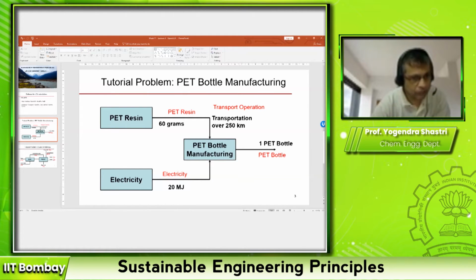So the only thing that is not defined in the database is PET bottle. Now there actually might be a PET bottle input in the database, but that will correspond to a different manufacturing process. Okay, so that will not be useful for you because you are modeling a unique PET bottle manufacturing process. You have to define your own flow.